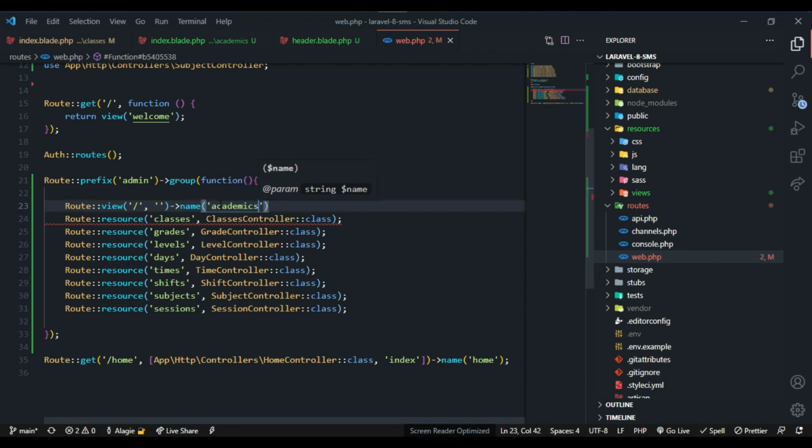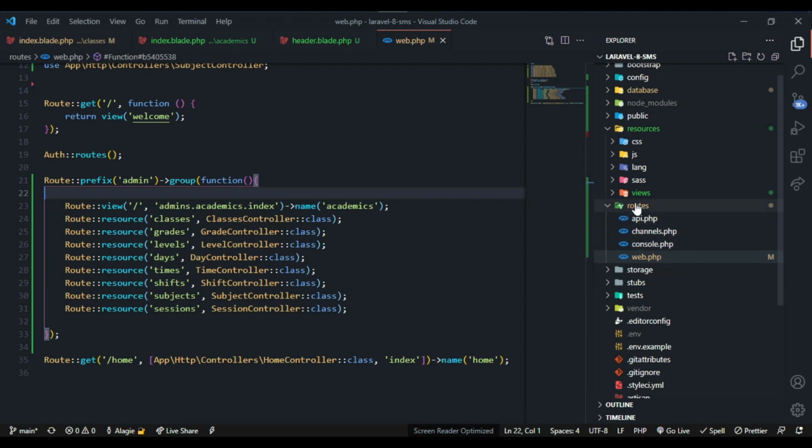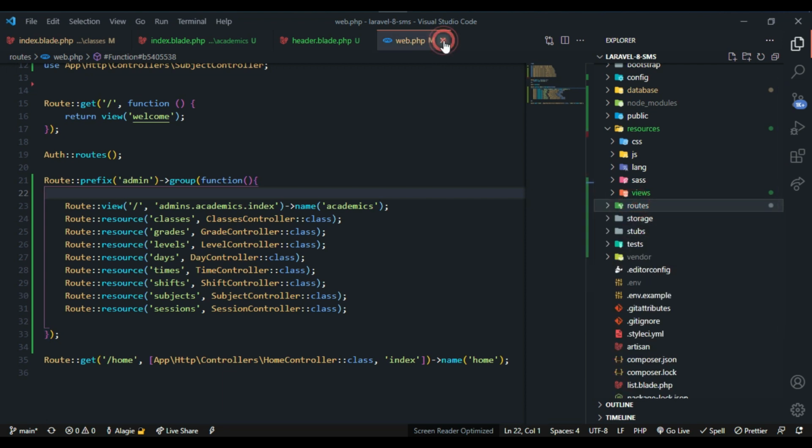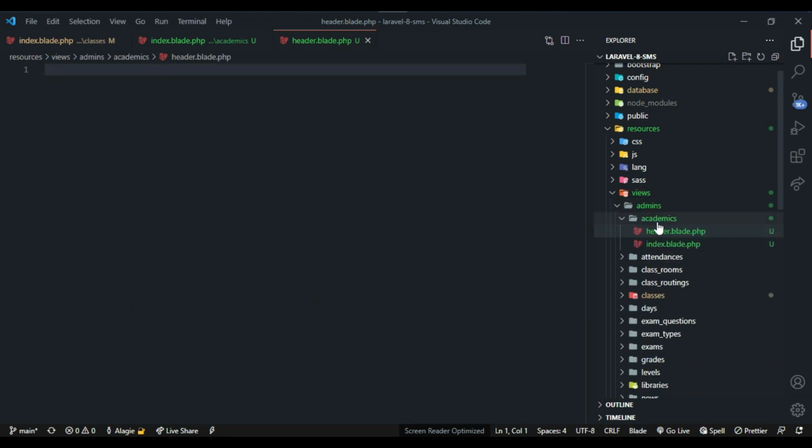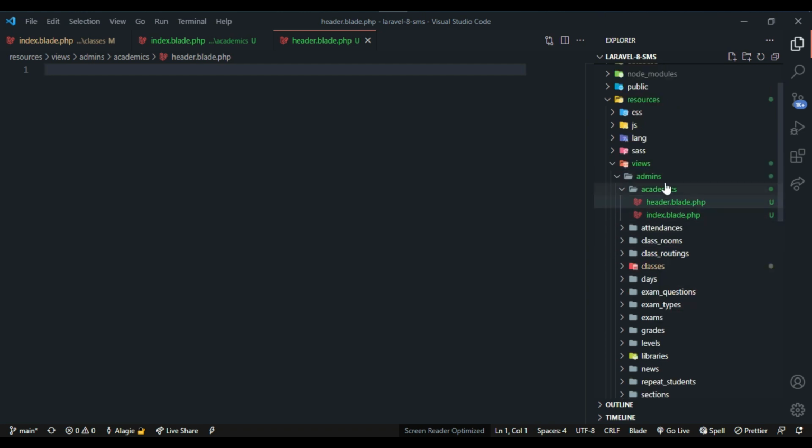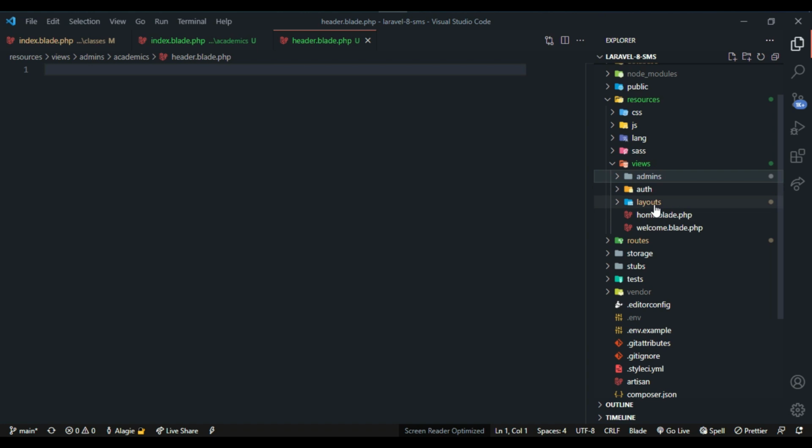Okay, and the view name here is going to be admins.academics.index. Okay, so it's done here. And now, when I come to the sidebar, let's close here. Now we are done with this one. Now let's come back to the sidebar. Where is the sidebar? Inside layout. Okay, inside layout,